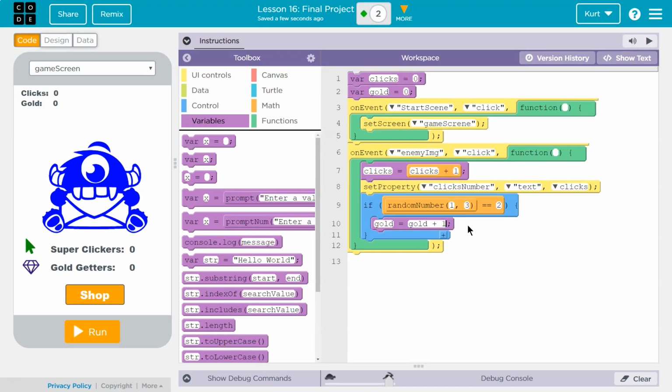And then what am I going to add? Well, the gold getters. We want that to increase the amount of gold they are earning. And I want it to increase it kind of by a lot. So I'm going to multiply this by getter owned